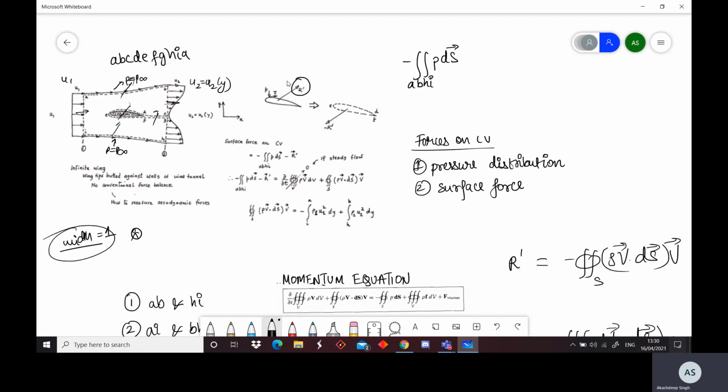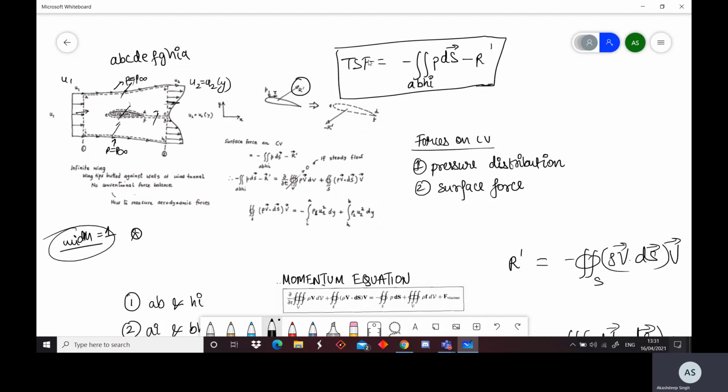So this is what this diagram represents. This R prime is the net force on the body by the flow, and this minus R prime is the opposite force, by Newton's third law. With these two forces in mind, we can finally say that the total surface force on the entire control volume is this, and also we add this minus R prime. So this is the total surface force acting on the control volume. This is the final expression of the total surface force.